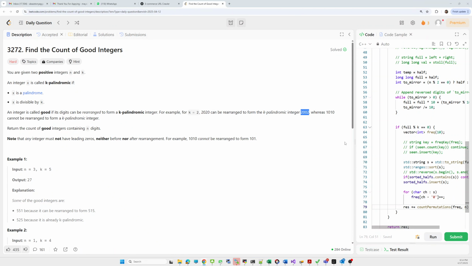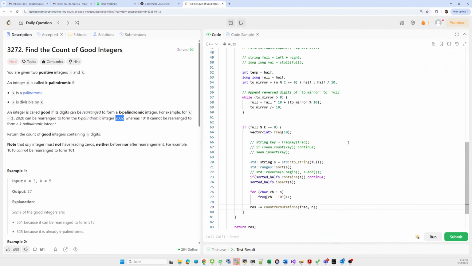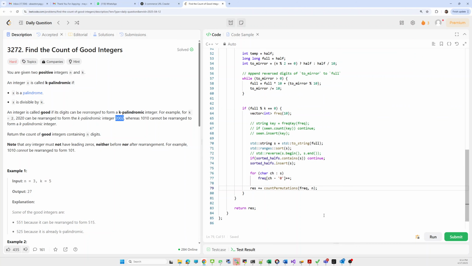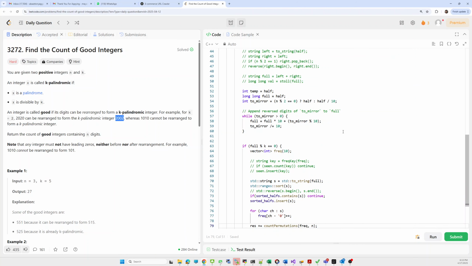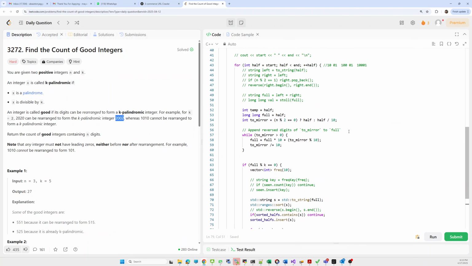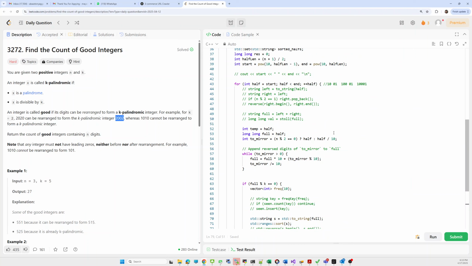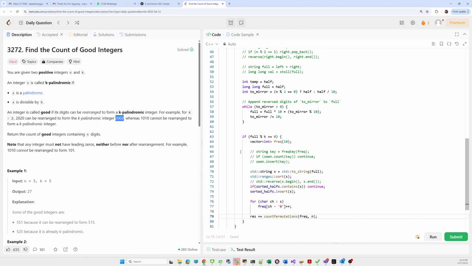Okay, so there is a third test case which failed due to that, so during that I found that issue. To handle that, what I did is create a full string into S and sort that string.